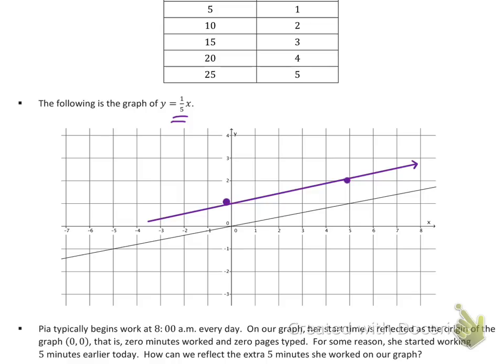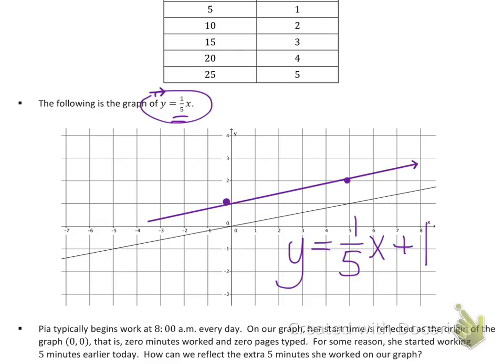And so what would the equation of this line be? So if you want to think about that, pause the video and see if you can write the equation for that line. You should be able to. Okay, we know the y-intercept and the slope of this line. And so the equation of this line is y equals 1/5 x plus 1. So the slope is 1/5 and the y-intercept is 1, showing that she already had some work done